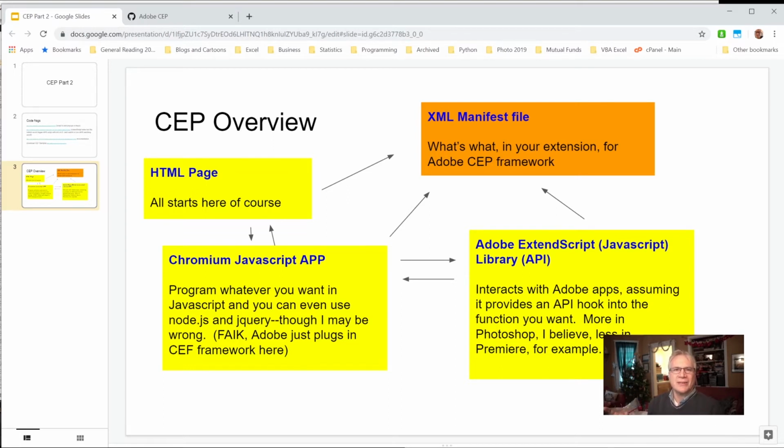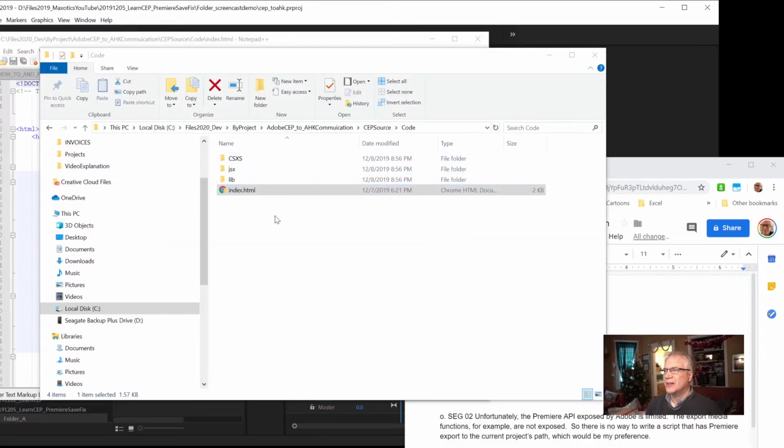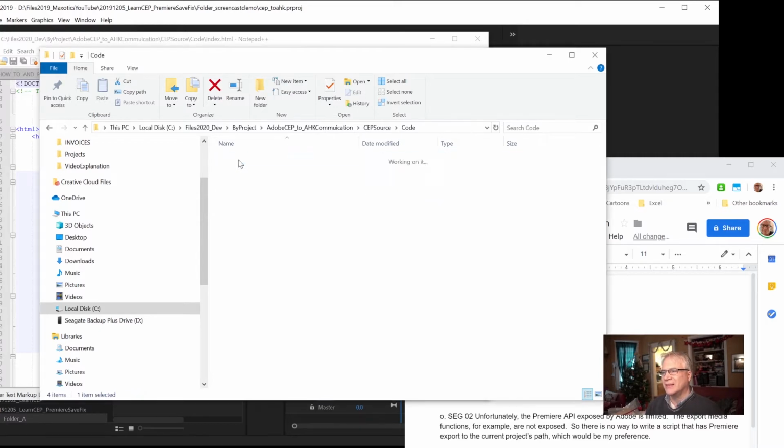And then all these files and this whole project of the extension, Adobe needs to know where everything is, and you put that in an XML file called the manifest file. So we'll go through this right now. So here's a typical directory of an Adobe extension. I'm not using exactly the way they use it, but anyway. You have to, I do know this, you have to put the manifest in a CSXS folder, and it